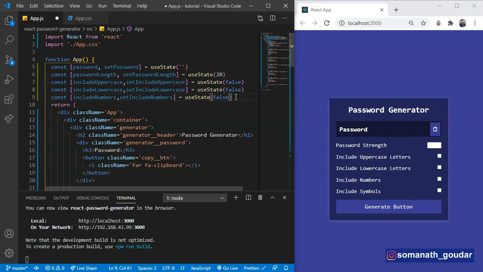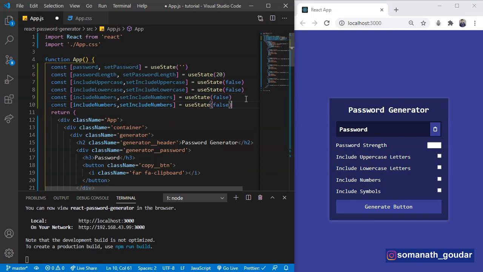Now let's create the last variable, includeSymbols and setIncludeSymbols, and this is also going to remain unchecked, so we'll initialize it with the false value.